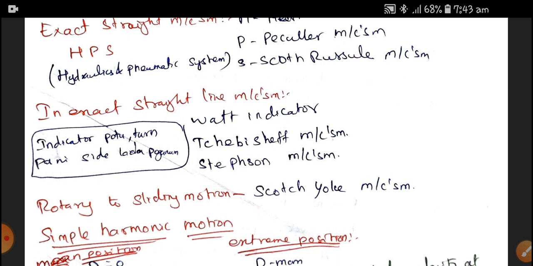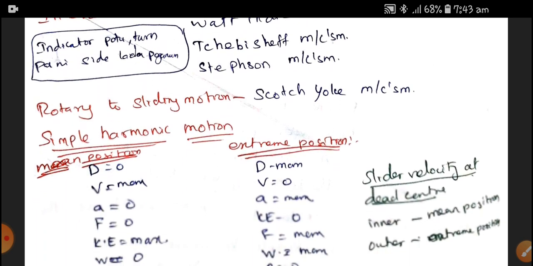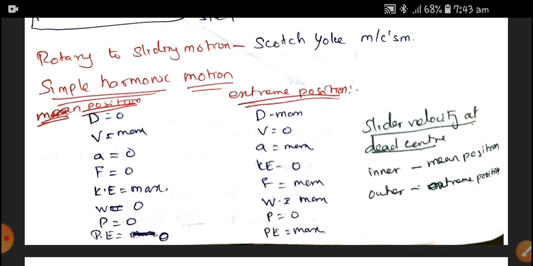So, and also Scotch-Yoke will give simple harmonic motion. In this simple harmonic motion, we have to understand the different positions, mean position and the extreme max position. So this thing we have to understand. The simple harmonic motion